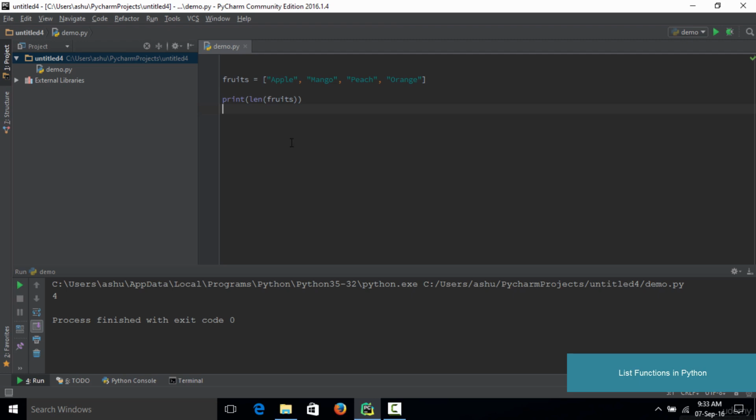Now after the length function, let's go ahead and learn a new function, which is called the insert function. The insert function is somewhat similar to the append function, but it allows you to insert a particular item at a particular position. In the case of append, when you append some item to your list, that item gets added to the end of the list. But insert allows you to place a particular item at a particular